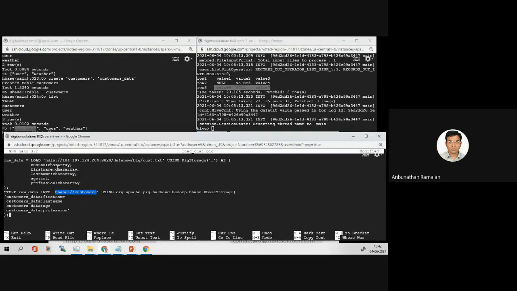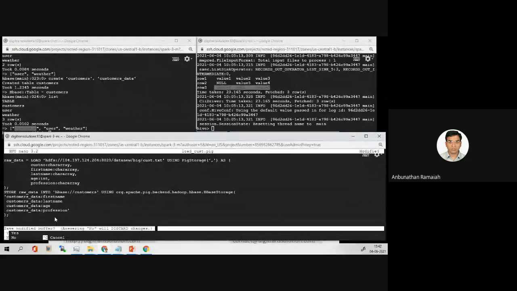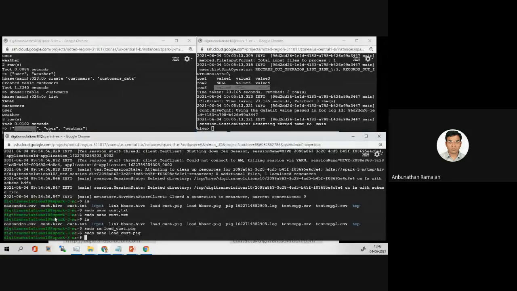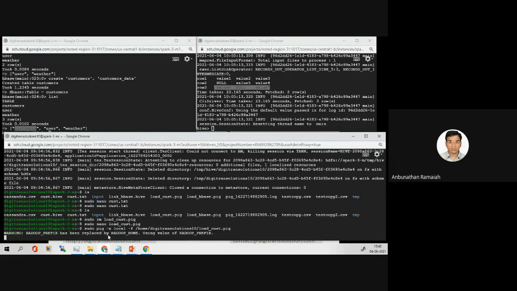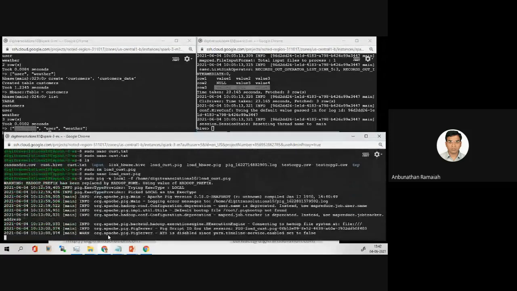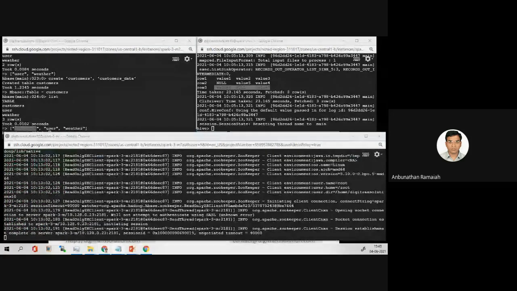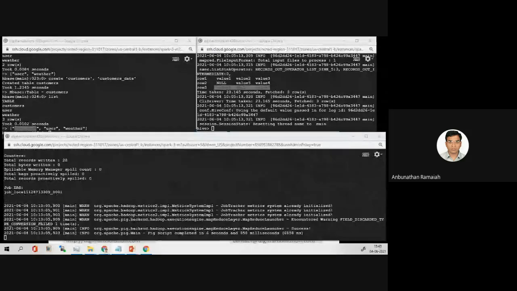Whatever we are reading from cust.txt, we are going to save into HBase customers: first name, last name, age, and profession. So let us save this. Then we will execute this. So here you see 20 records are written.